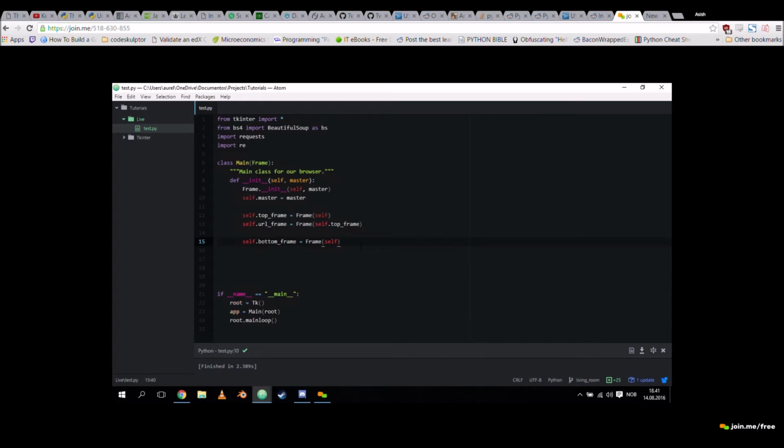Right, so the URL frame is part of the top frame, and the bottom frame gets its own thing.